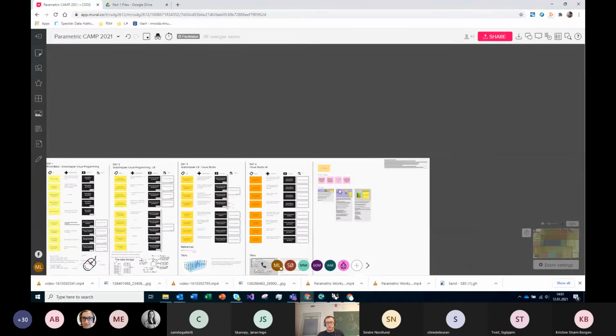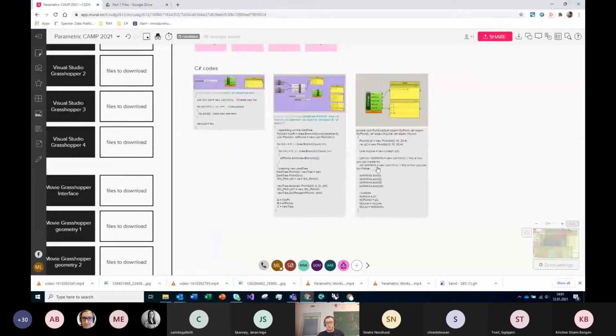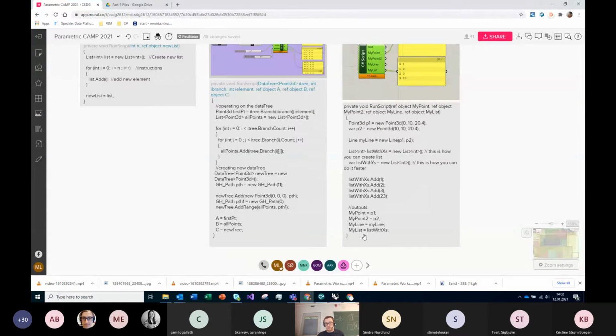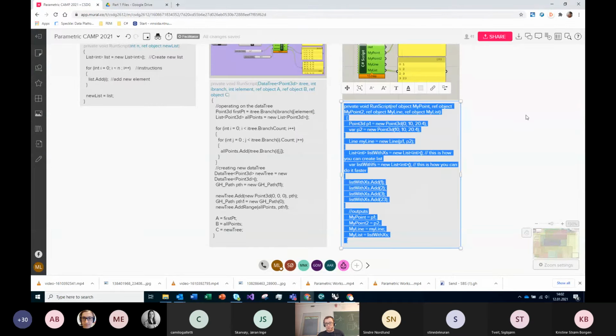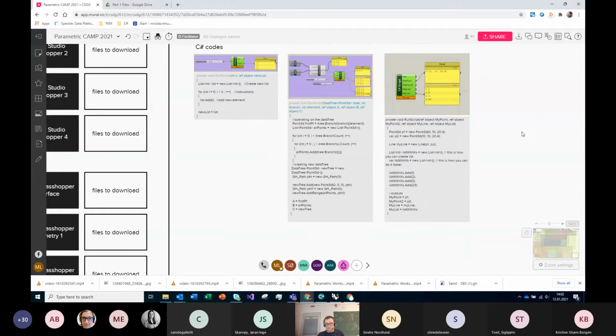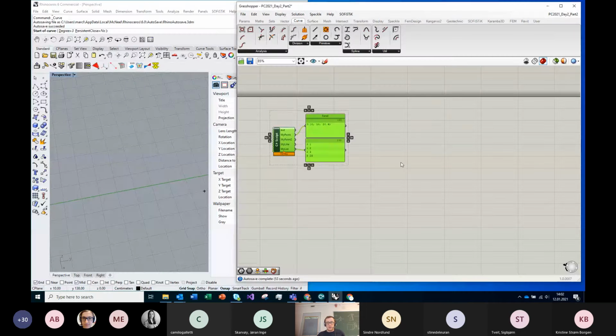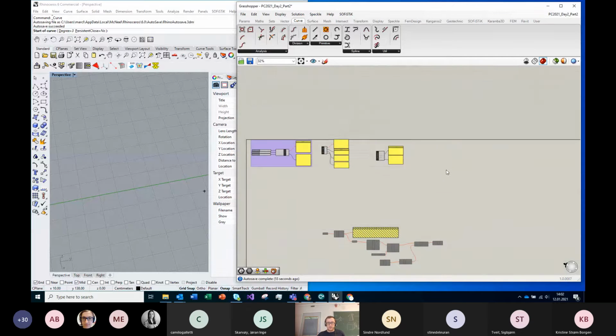In the mural on the right top, I will place all the codes which we were using today. So you will be able to just Control-C, Control-V this one and paste it. Okay, let's go for